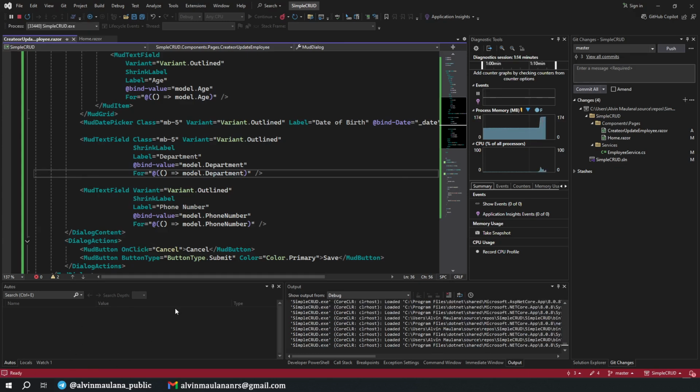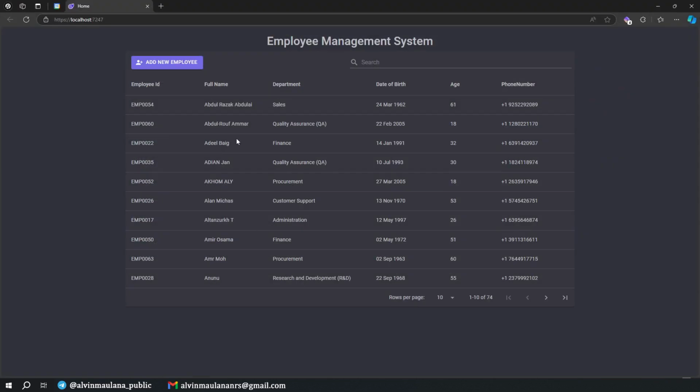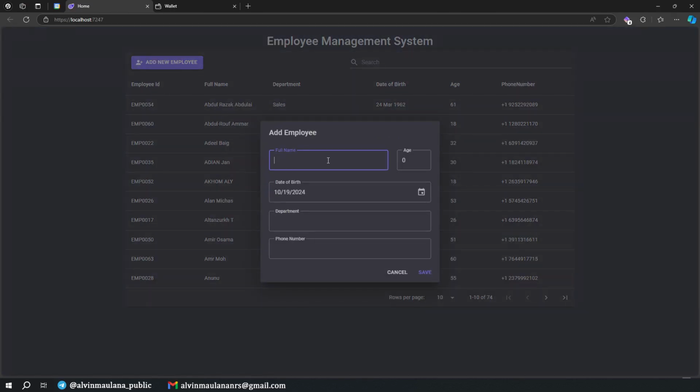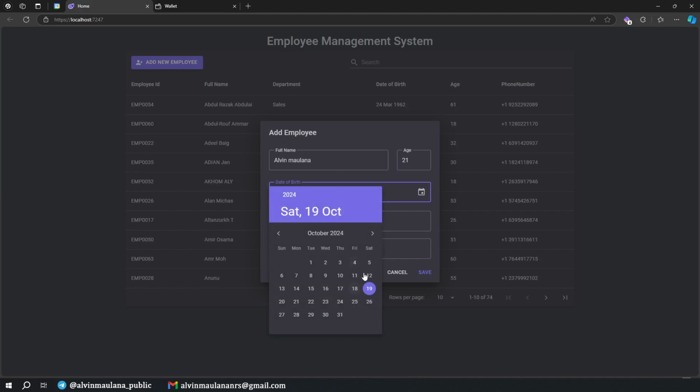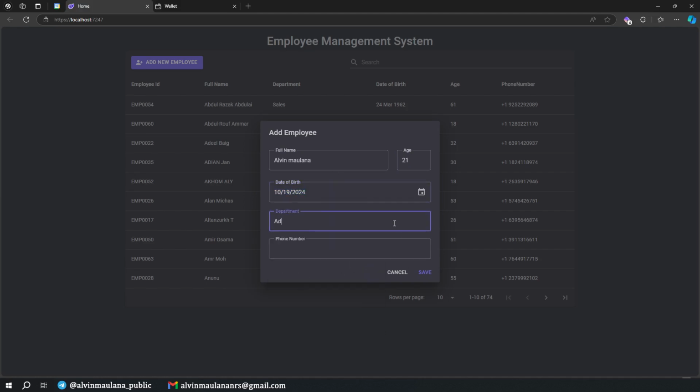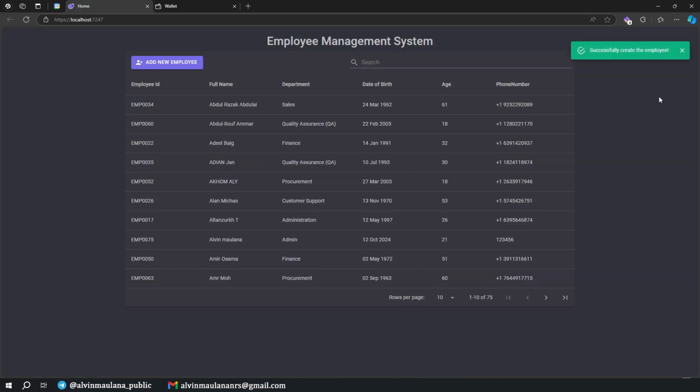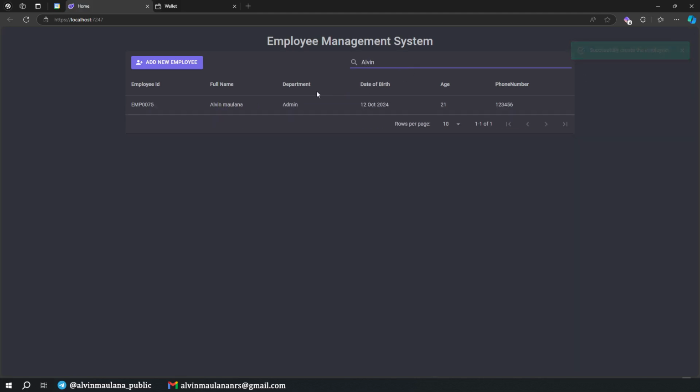Okay, code change, let me see again. And I add, let's input it, Alvin, 21, yeah, random, department admin, phone number 1 2 3 4 5 6, and then let's save it. Nice, now the user is successfully created. And if we try to search, okay, I'm able to see the value.